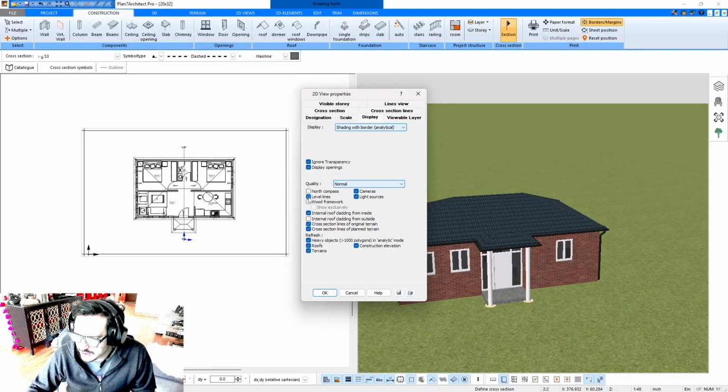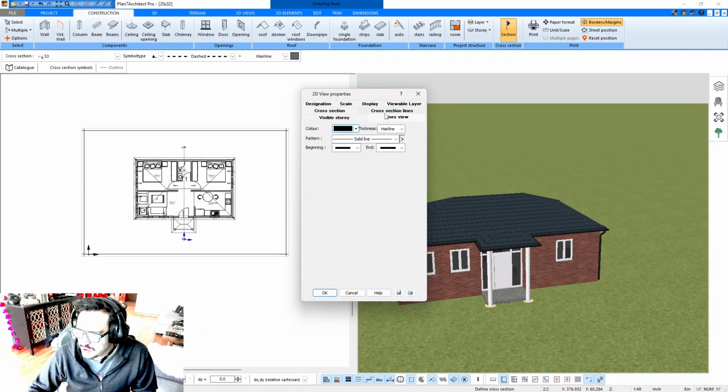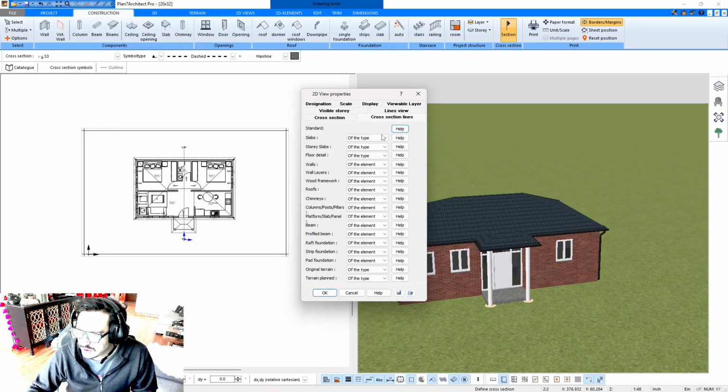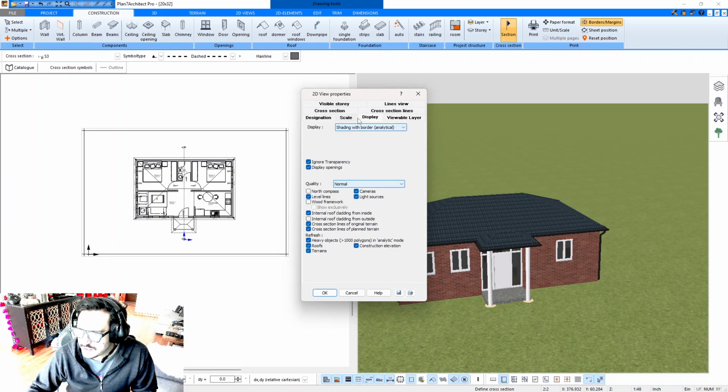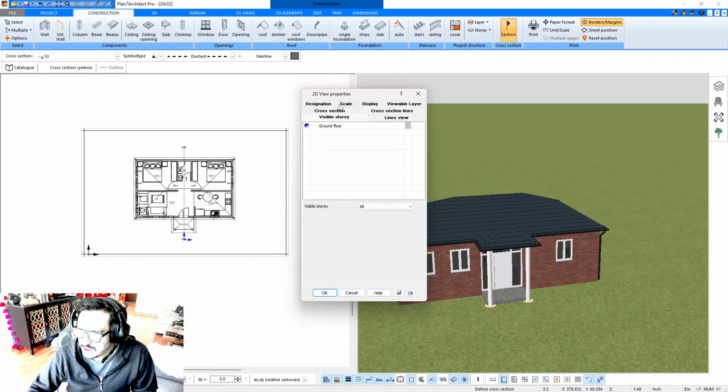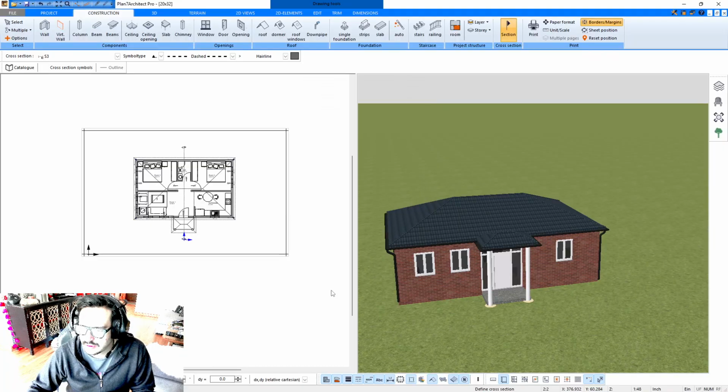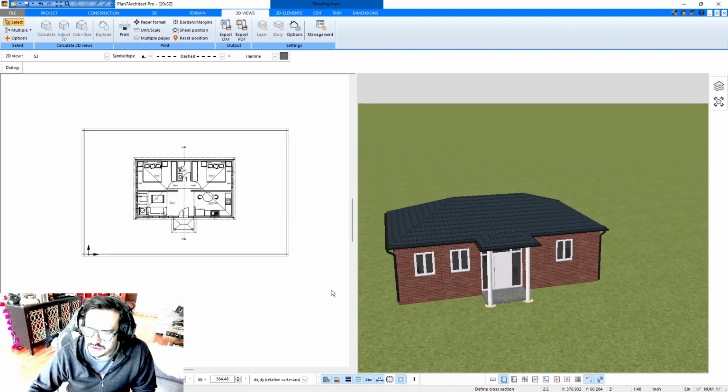Level lines. We need the level lines. We don't need the compass. Wood framework. We don't need the wood framework. Work shading with border. Yeah. Lines, view, yeah, it's that. Cross section, slab on element, on type, on element, on element. Display, okay, so I believe visible story in ground story, correct. So we do it okay, and it's gonna give us